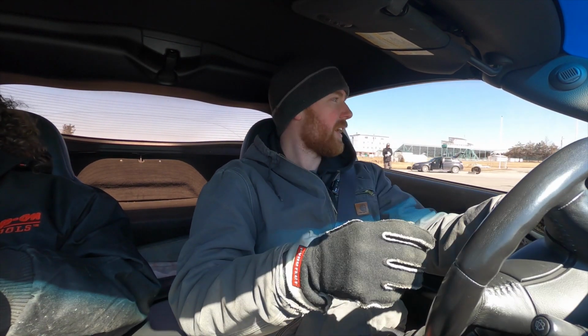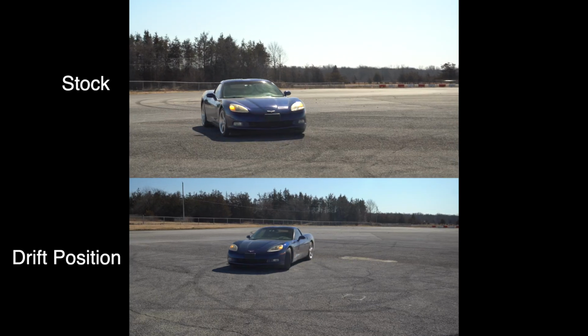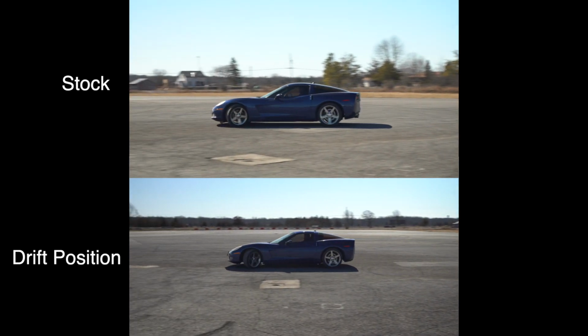We have now swapped to our relocated tie rod position that allows us to drift these cars a lot easier. So we're just going to do a couple donuts here for the cameraman to show the increase in radius. There's a little bit of rubbing,